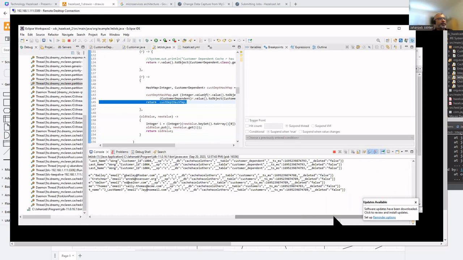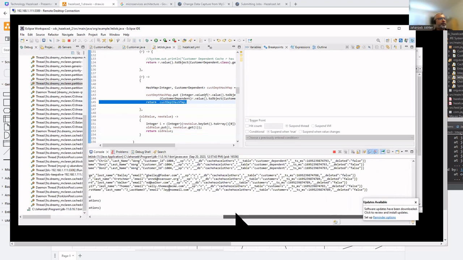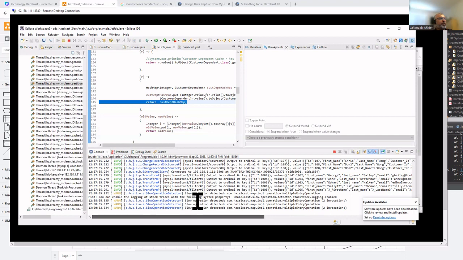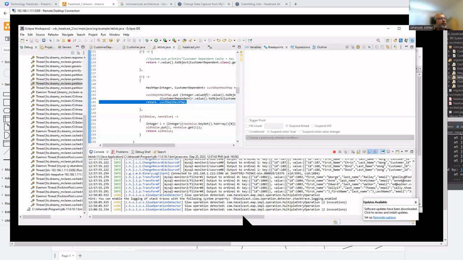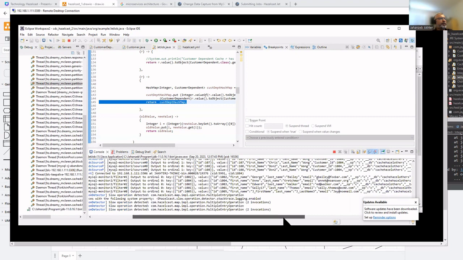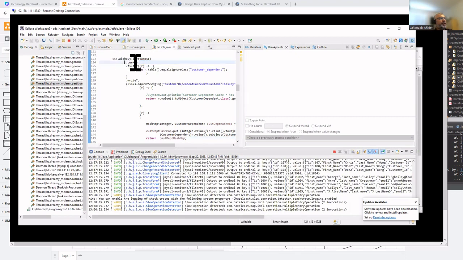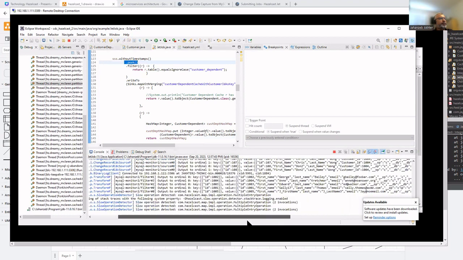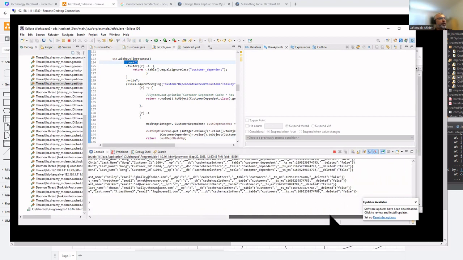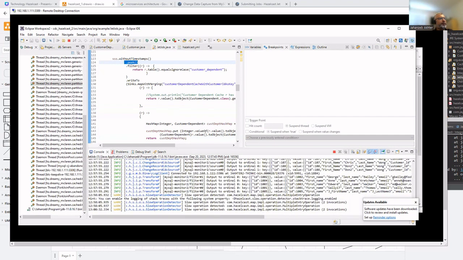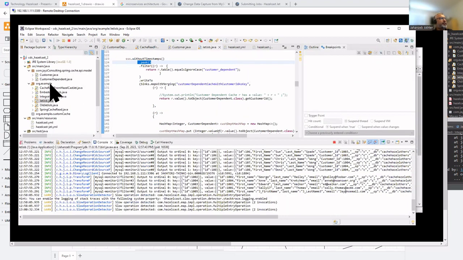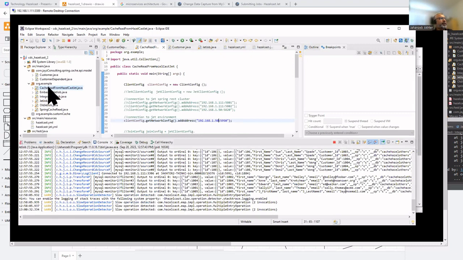So let's see what we got basically. All the dependents were added to the customer cache, right? And there's also this peek. This actually allows us to print this information onto the console. Okay, so we have all the customer dependents, but how do we know that we really have it? For that, we can go to this cache read from Hazelcast program, and what this does is basically